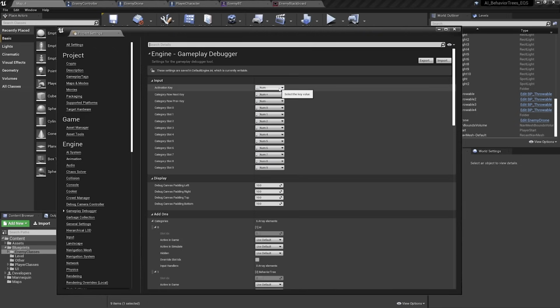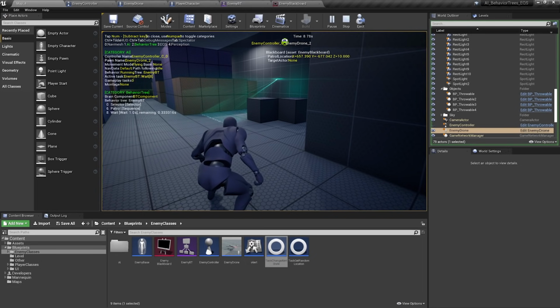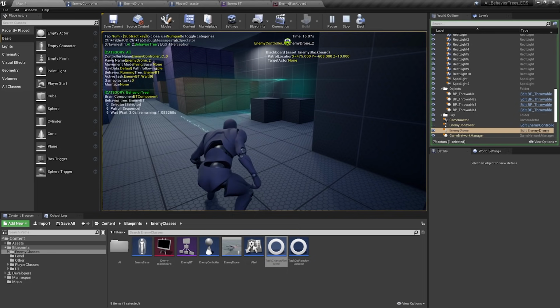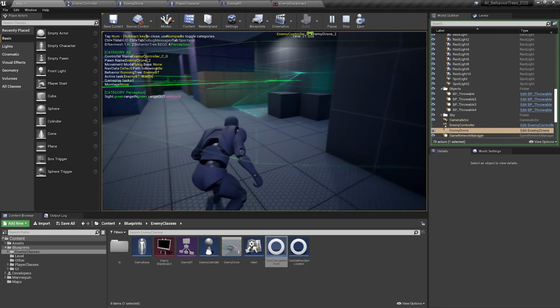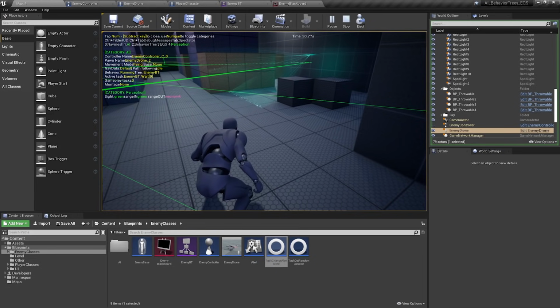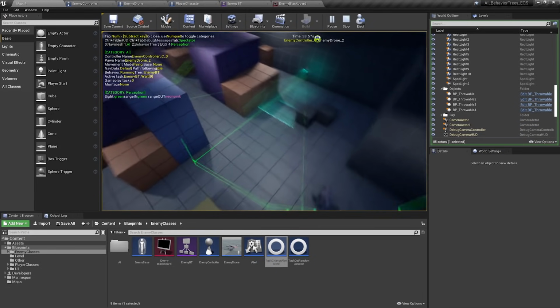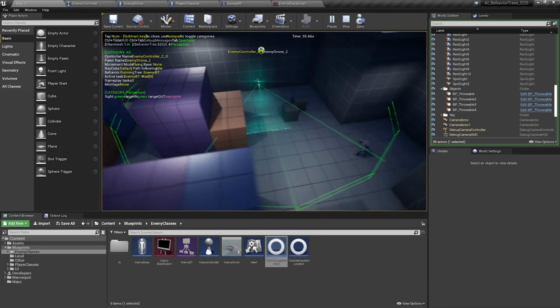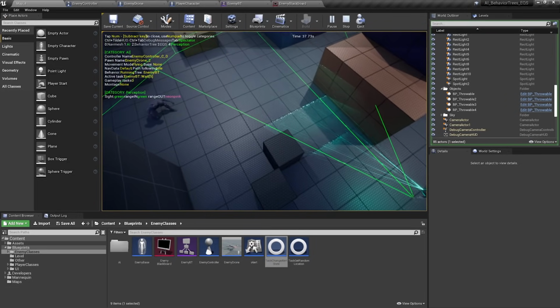Make sure you select a key that works for your keyboard. The gameplay debugger presents this UI overlay with information about your enemy pawns and AI controllers, including information from the perception system and the behavior trees. You can change between different modes by pressing the numpad keys on your keyboard. You can also press Tab to decouple from your player pawn and fly around like a spectator pawn.